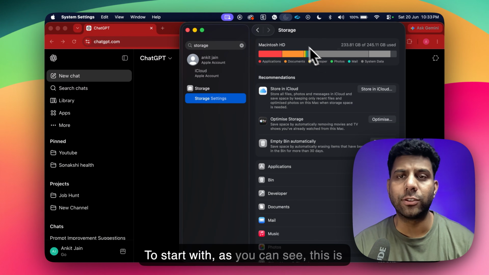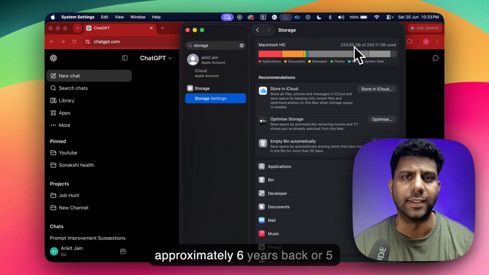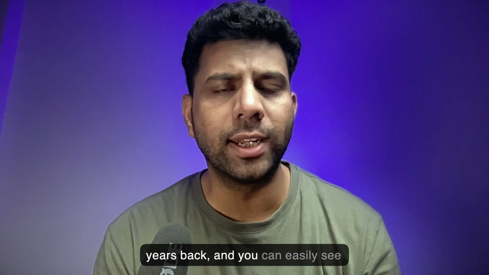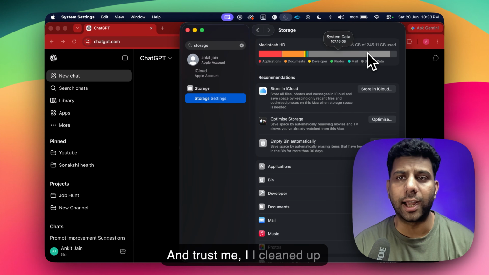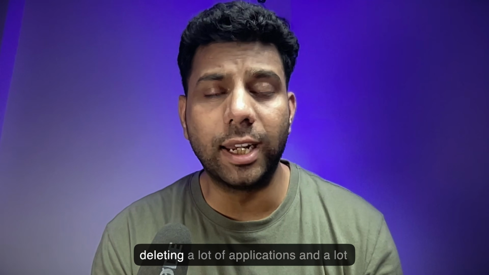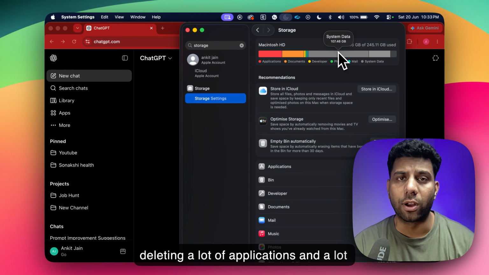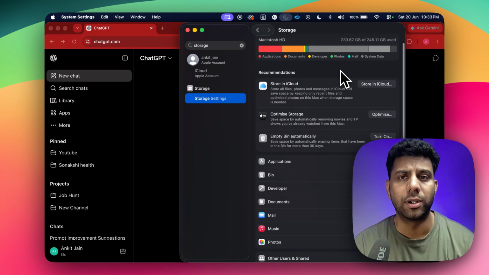To start with, this is my MacBook, which I bought approximately 5 or 6 years back, and you can easily see it's almost full. I cleaned up approximately 12 GB after deleting a lot of applications and important documents, but I was not able to clean up any more.